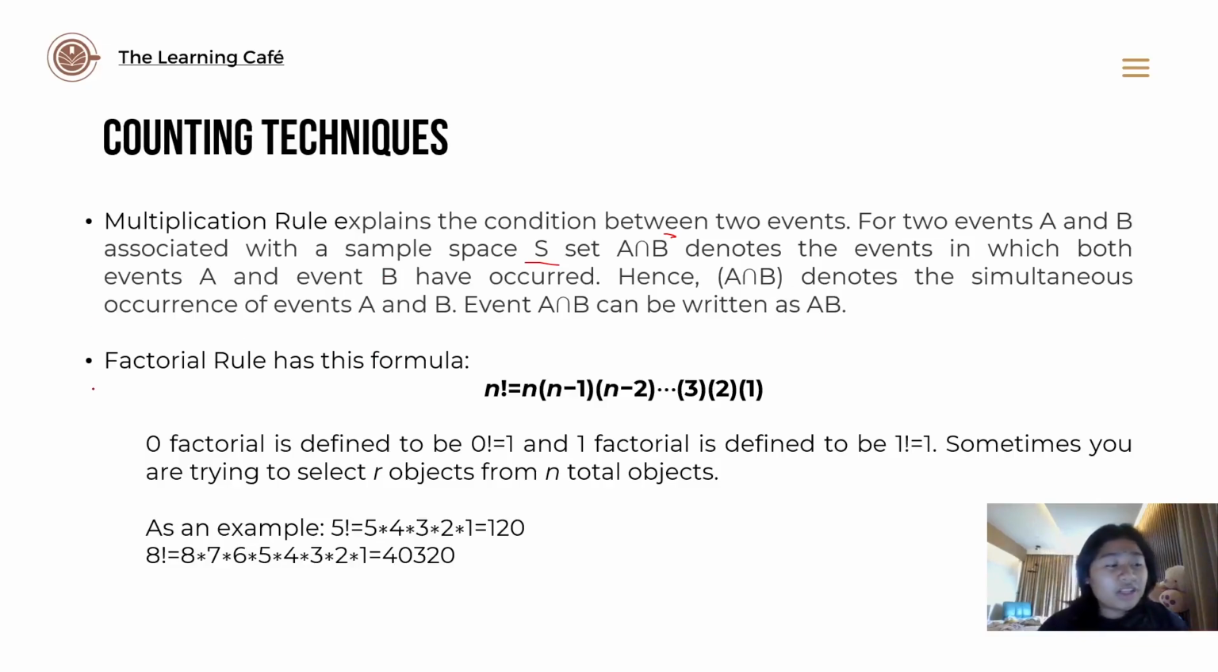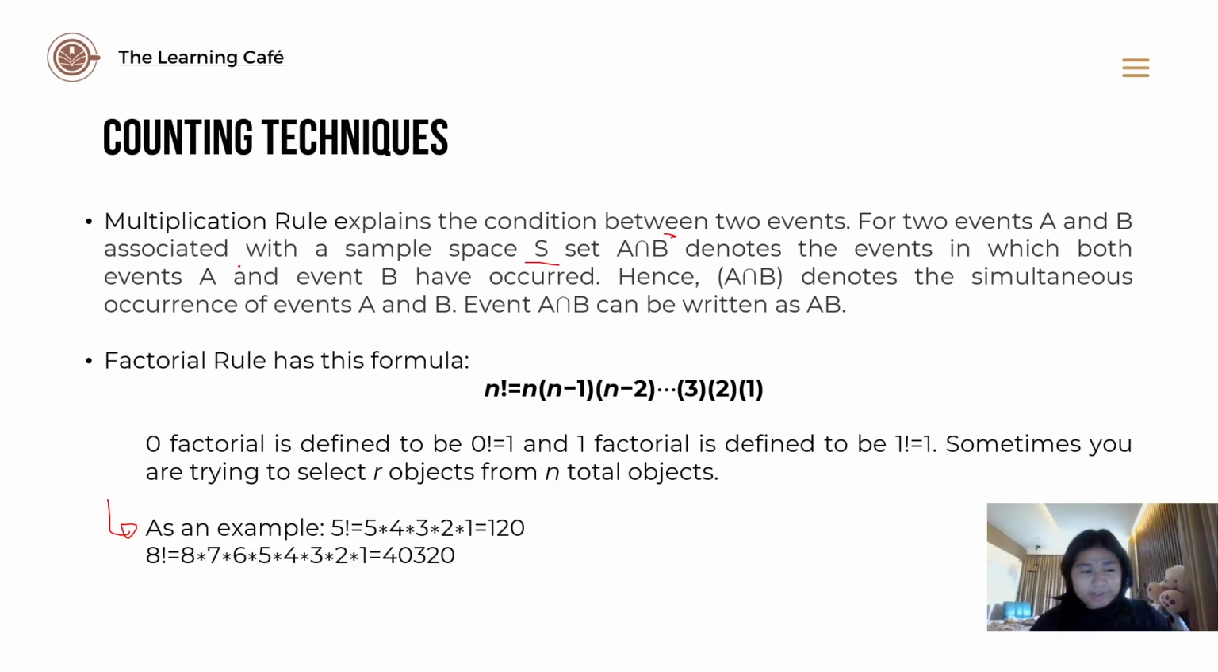For the factorial rule, basically all you're going to do is to factor. For example, the factorial of 5 is 5 times 4 times 3 times 2 times 1, which equals 120, or 8 factorial, which equals 8 times 7 times 6, and so on and so forth, giving us the answer of 40,320. Now, we will not delve that deep into these two rules, but we're going to delve deeper in the